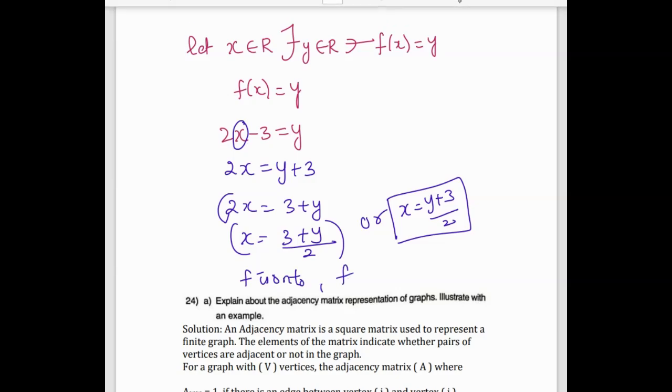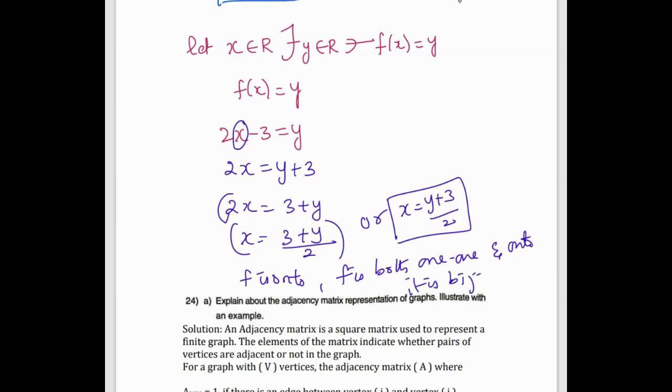Since f is both 1-1 and onto, it is bijective. What is bijective? Bijective is nothing but when the function is both 1-1 and onto, it is called bijective. Or we can write, when the function is injective and surjective, it is called bijective. Okay, so moving on to the next question, we have